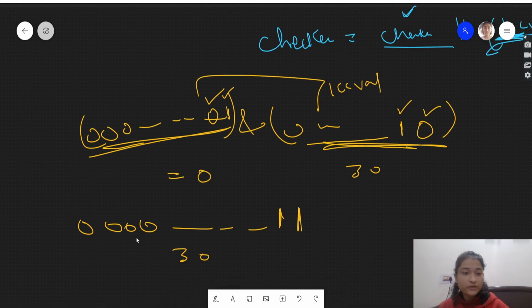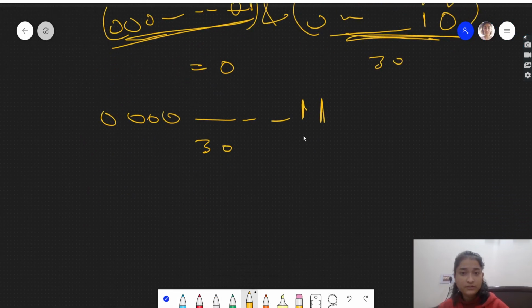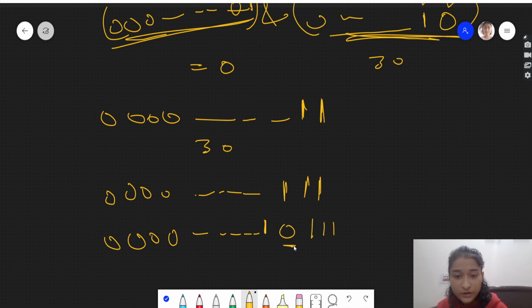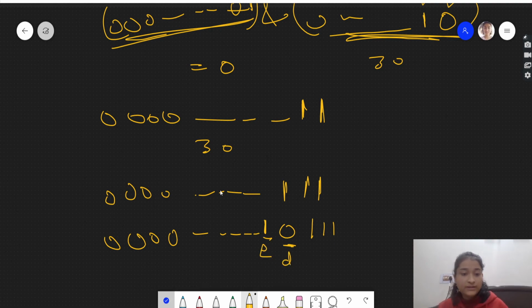Now we'll go for C. Similarly for C, after C's operation, checker will become 0 0 0 0 and 1 here, like this, right? Then we'll go for D and E. After that, checker will update and become 0 0 0 0 0, and at the fifth position it will be 1 0 1 1 1. This will be for D, right? This is for E.